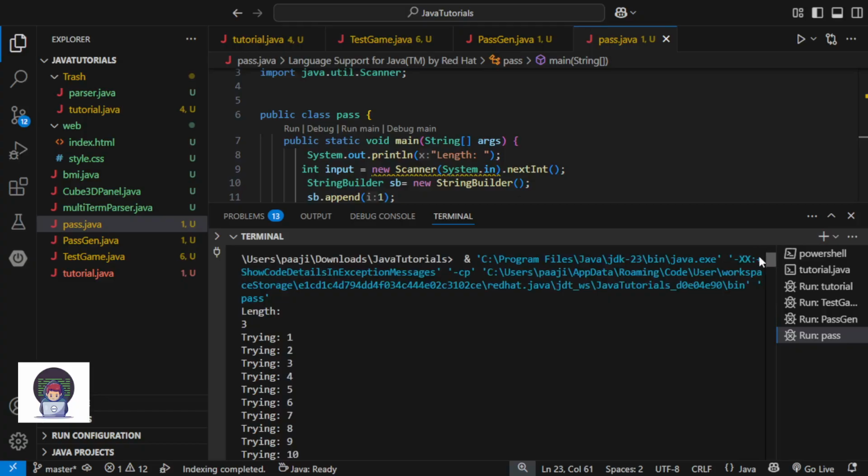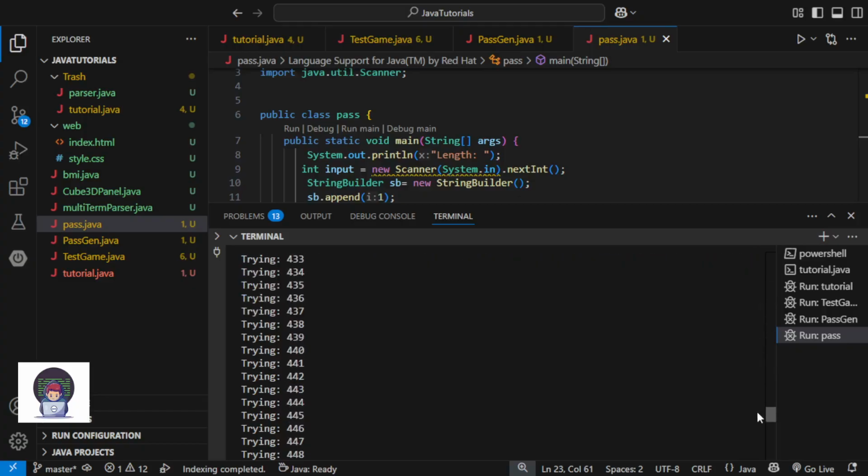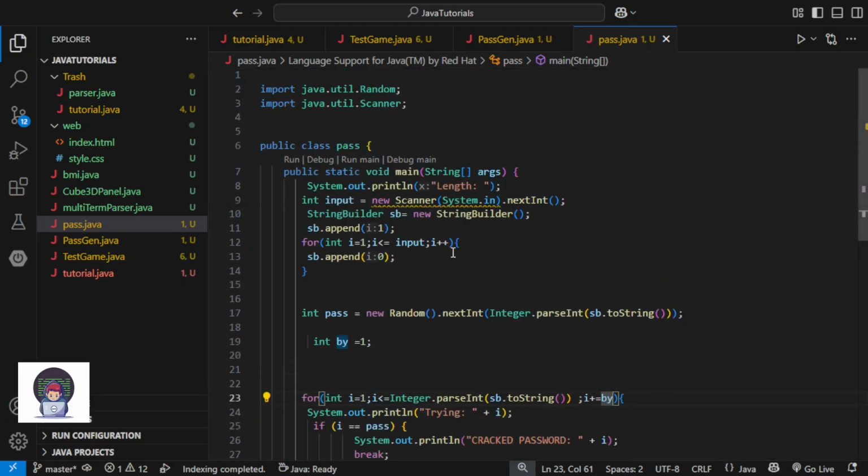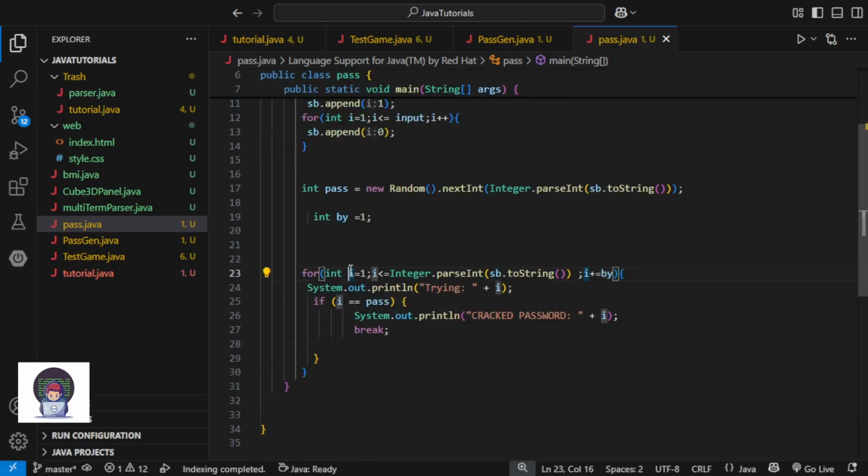See, it used a for loop. If you remember, it used a for loop. See here, I think you can understand it. For int i equals 1, until i is less than or equal to the random number, the password, i plus plus.